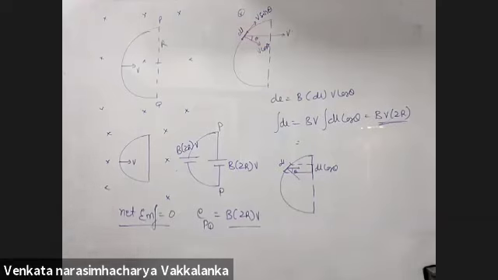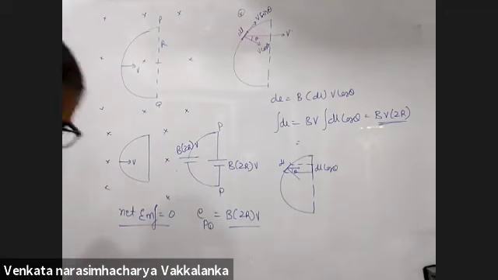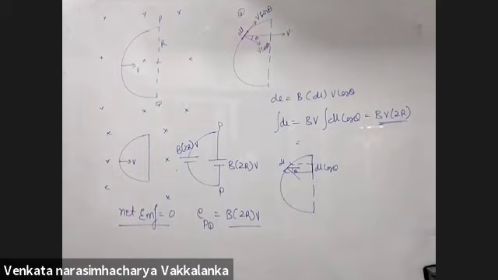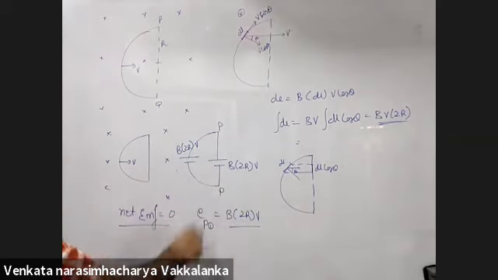So why was net EMF 0 in the first case? Turn the page of your notes and have a look at it. Today where we started. A loop is completely inside the magnetic field. Got it. So EPQ found when the loop was complete, right? We completed that and we found out across this and across this will be equal and opposite. Only then the net EMF will become 0. Right.